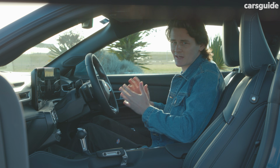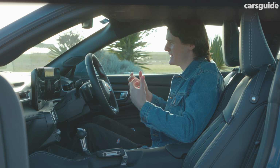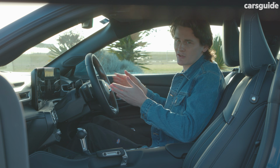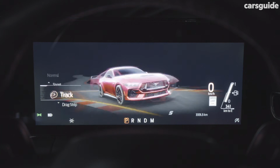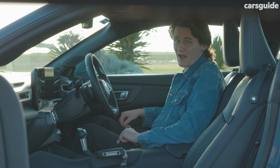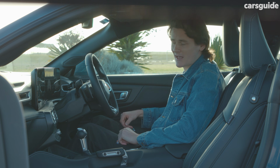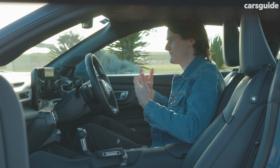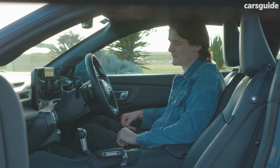You've got so much customization in here. You've got the really powerful Unreal Engine 3D graphics. They manifest themselves in the 12.4-inch digital driver's display. When you change modes, you can see this cool animation of the car spinning around. And look, for the old school performance car nut, that's probably not gonna get your blood rushing that much, but the point of this new Mustang is to bring in new buyers. And yeah, I was a little bit skeptical, but when you see it happening in real life, yeah, it's pretty